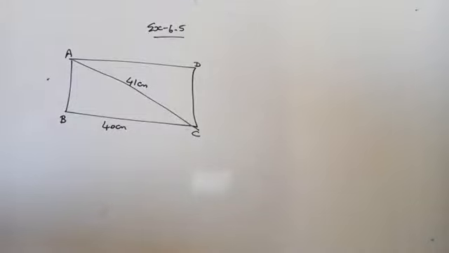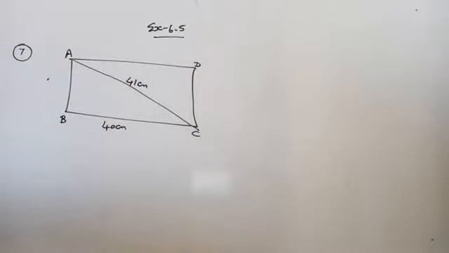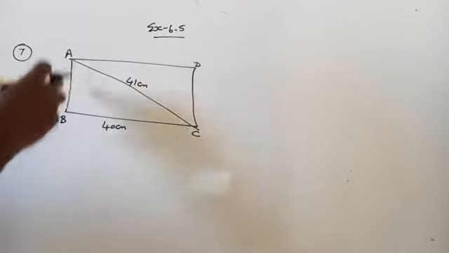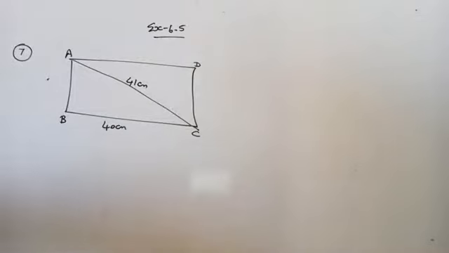Here the length is given and one diagonal is given for us. Length is 40 centimeter and diagonal is 41 centimeter. Now tell the properties of a rectangle. In a rectangle, two pairs of opposite sides are parallel and equal. So these two sides AD and BC are parallel as well as equal. Then AB is parallel to DC and AB equals DC. Am I right?